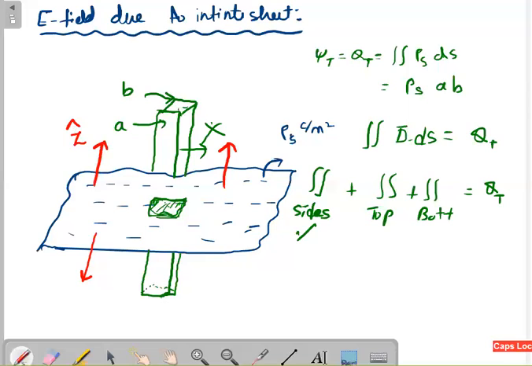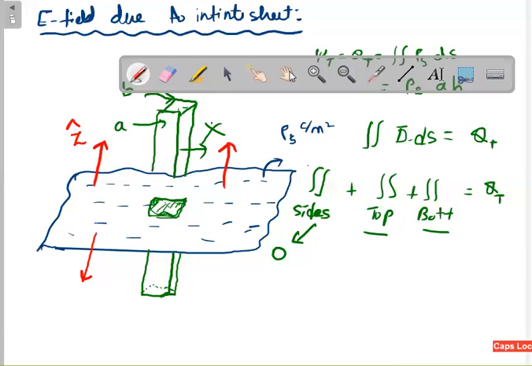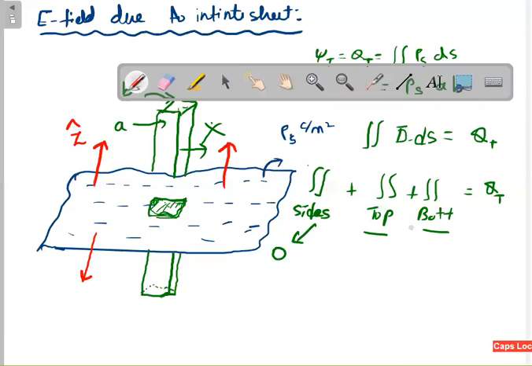So once it is 0, even if we calculate this integral for the 4 side surfaces, the answer will be 0. So only in the top and bottom cases will you get a finite answer. Now we'll concentrate on only this value, top and bottom. Anyway, this is 0, so now I will calculate only this one, because this one is 0.